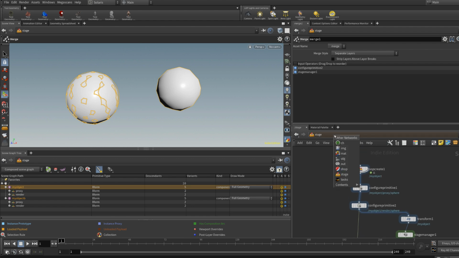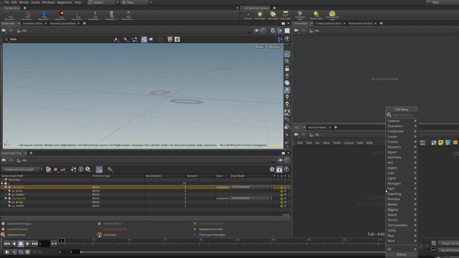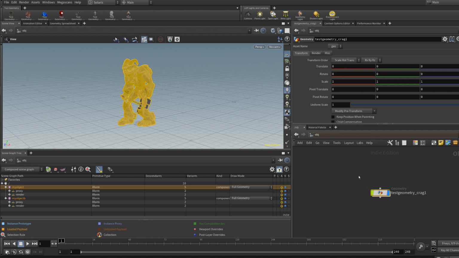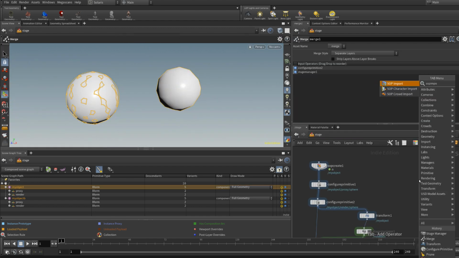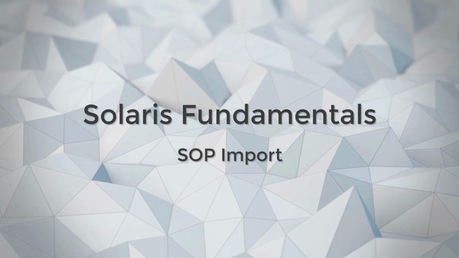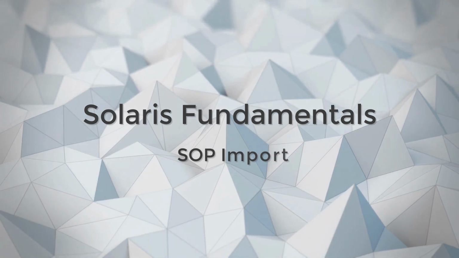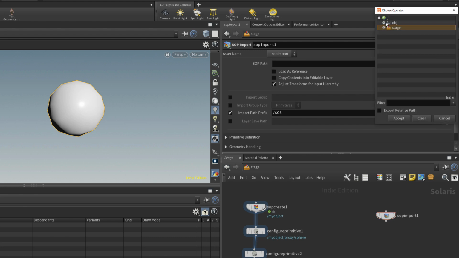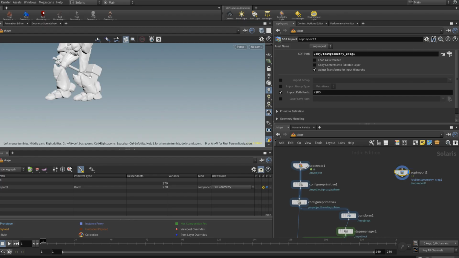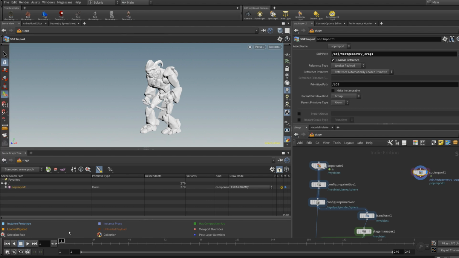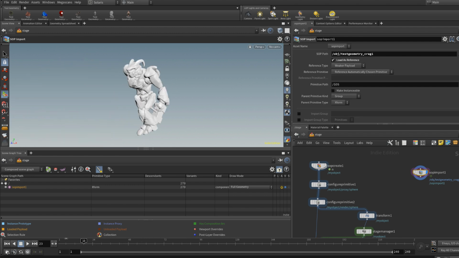If you actually already have some object in SOP, like, I don't know, let's bring Craig again. Let's say we want to bring this guy over. One note that might be useful is the SOP import. So SOP import, we would basically use this button to load any geometry that we would want. And yeah, now we got this guy. And same thing, we would want to load it as a reference and everything would work normally.